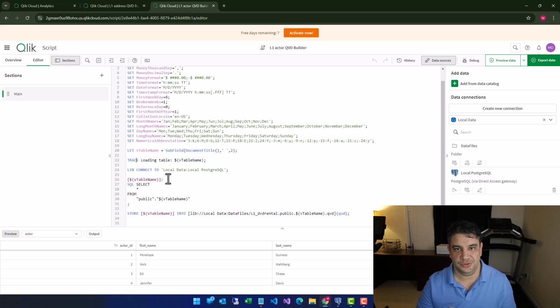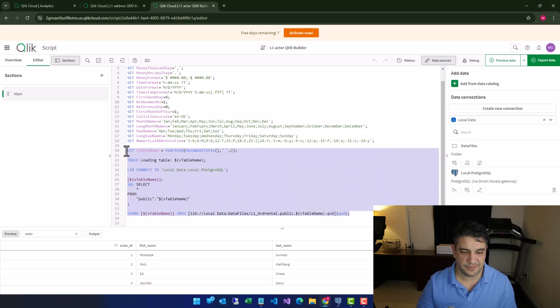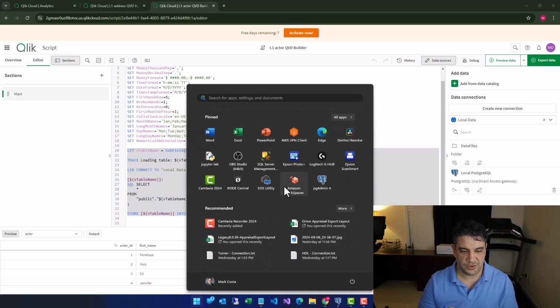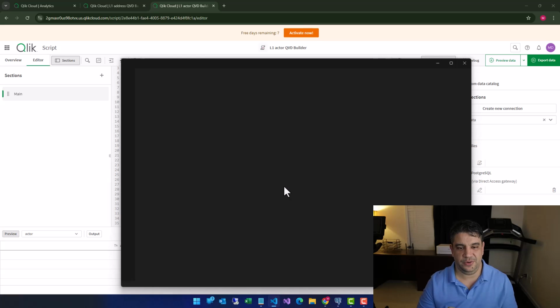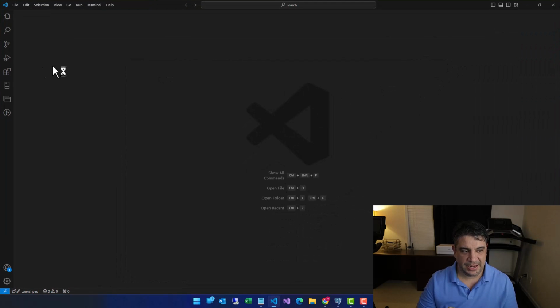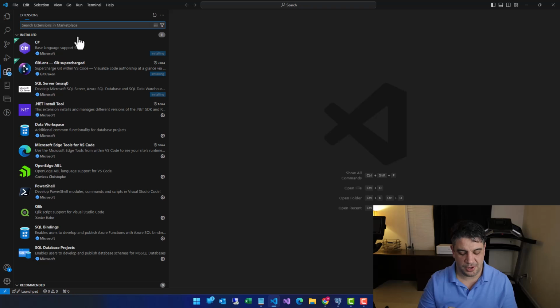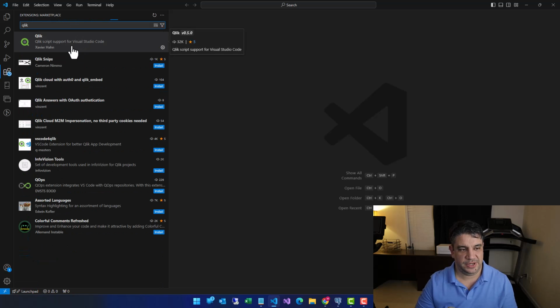You can use includes. You can take this code here and use VS Code. I love Visual Studio Code. It's great to do Qlik scripts. I will go here, and I have one extension called Qlik. It's very easy to find. You can just look for it in your extensions and install it. So what it does is,